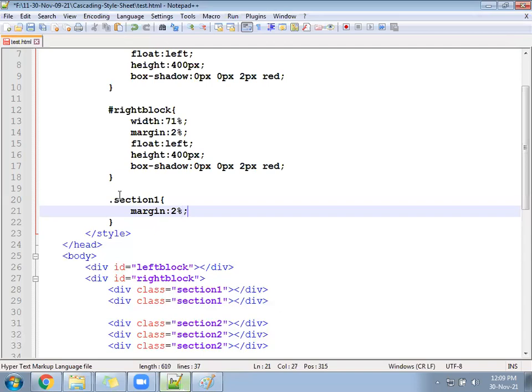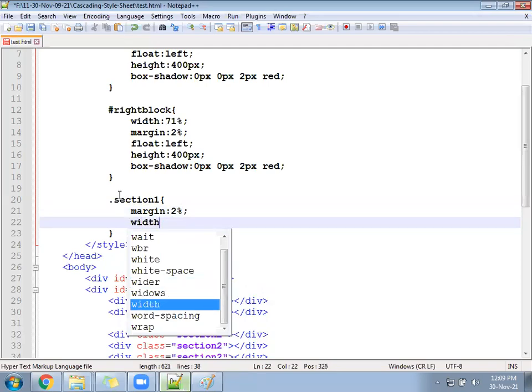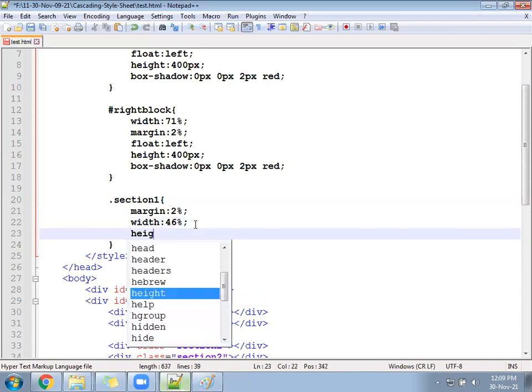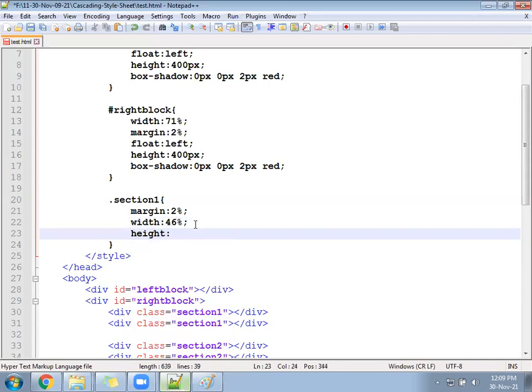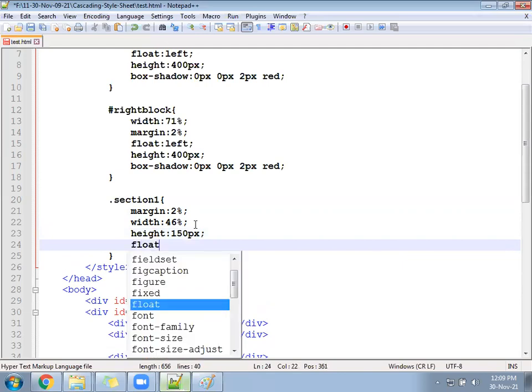Okay, margin 2%. Then total how many blocks you want? 2 blocks. Width will come 50% normally, but 50% minus 4, 46 will come. And you can give some certain height. Height total how much do you have? 400. So give this one somewhere 150. And then float left is required in this also.